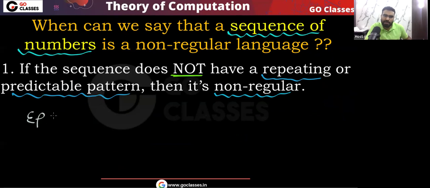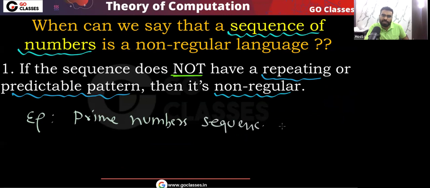Okay, can you give me an example? Can you give me a sequence which has no predictable or repeating pattern? That is your prime number sequence. For example, prime number sequence: does it have a predictable pattern? Does it have a repeating pattern? In the prime numbers, we don't have any repeating pattern, yes or no? So you can easily see the prime number sequence doesn't have a repeating pattern. Very simple. So remember, if the sequence has no predictable repeating pattern, then you can say the